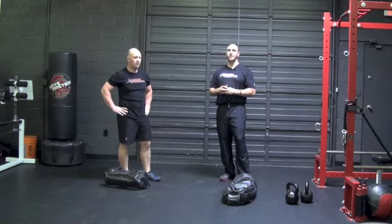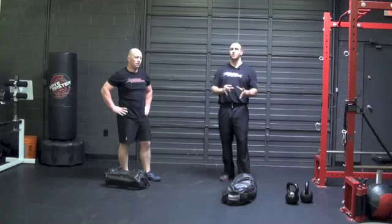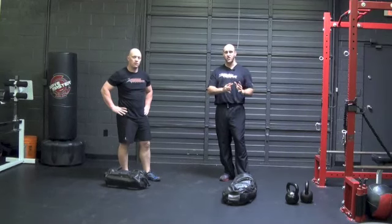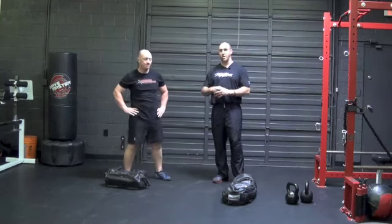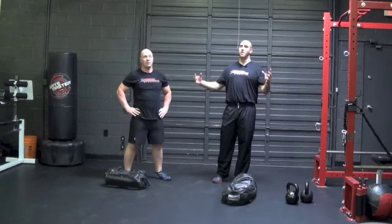What's really important to Troy and me is that you understand the components that make up each drill, so you understand why you're starting at one point and going to another point. Over the course of a class, you can have people doing what looks outwardly like very different movements, but with very similar